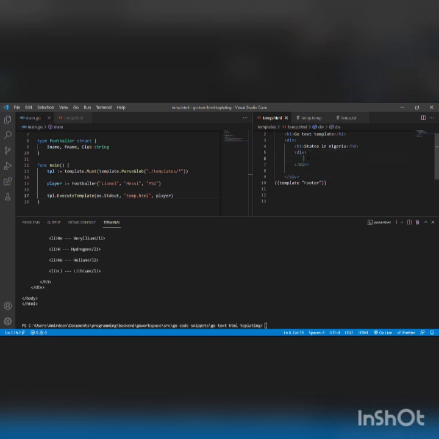So we can say first name or surname, so we'll do dot, then the name of the field, so it will be dot SName for the surname,